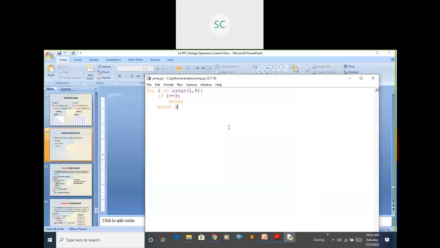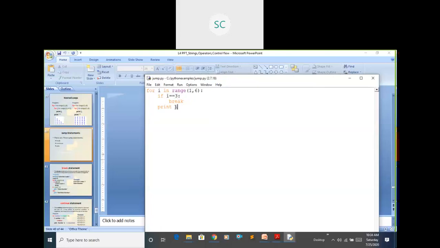If this condition is true, I want to break that loop. See, this is the loop. How will this loop work? It will repeat based on this range, right? But in the middle, I'm checking one condition. In the first case, i equals 1, this condition is false, so that value is printed.